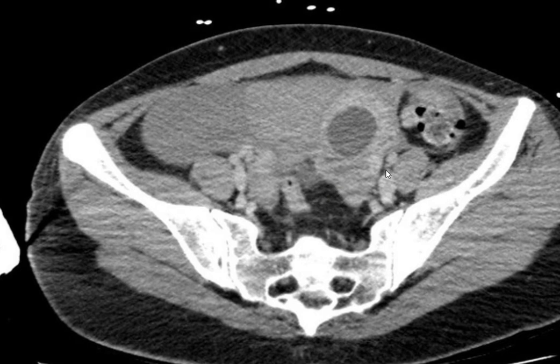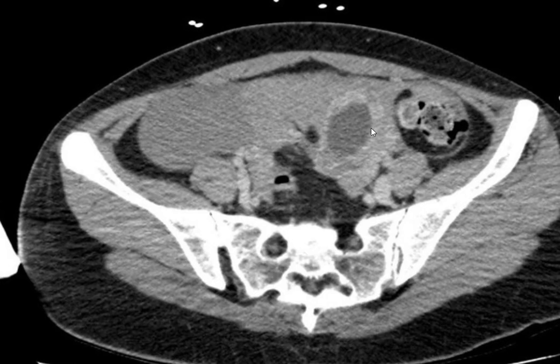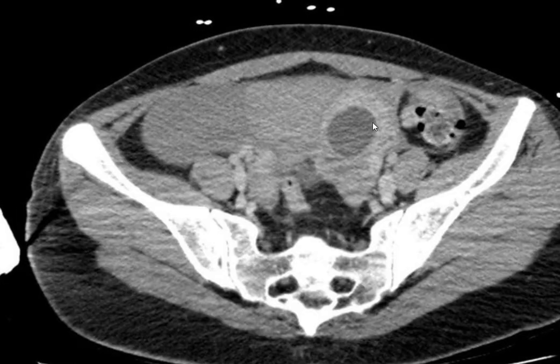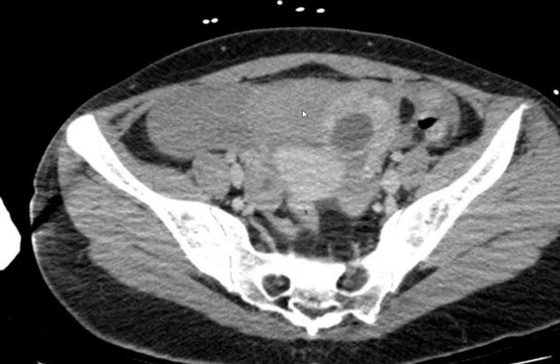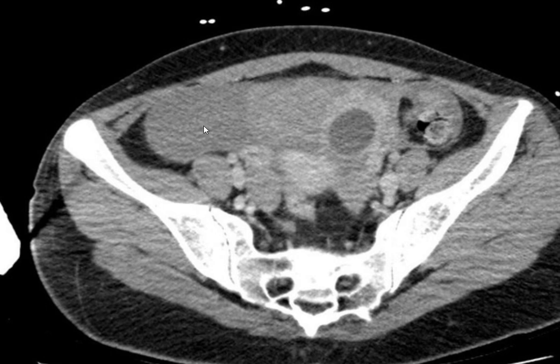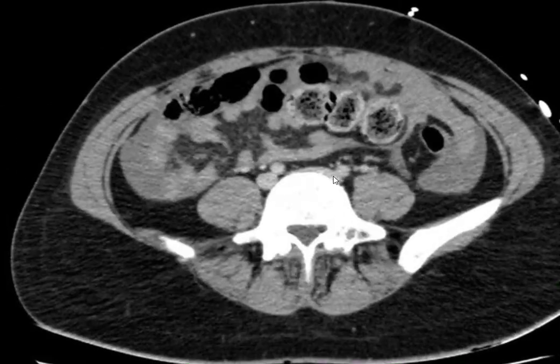Here on further scrolling, I can see something well circumscribed and cystic with hyperdense density around it. Now, I don't know if it is a hematoma, since there's a history of RTA and acute abdomen, or whether the solid component of the lesion is enhancing. I can't differentiate that, but around it I can see something more hyperdense, and this is hypodense. So this is nothing but the sentinel clot sign, guiding us that most probably this is the organ of origin for the bleed, and whatever we saw was hemoperitoneum.